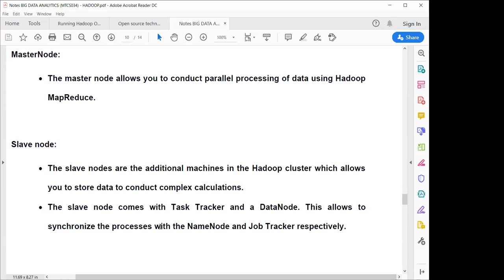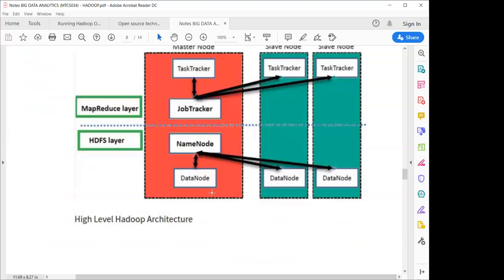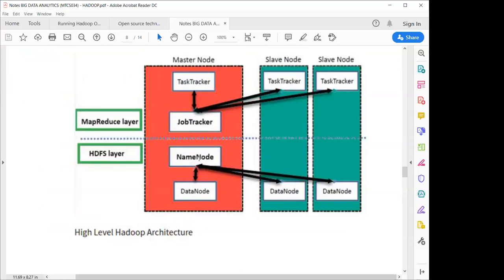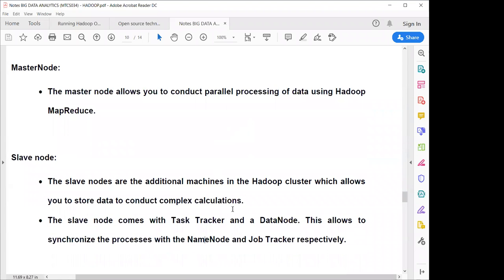It is also allowed to synchronize the process with the name node and job tracker respectively, as we have already discussed. So the slave node basically synchronizes the processes with the name node. The name node, as we have discussed earlier, is on the master node, and it keeps the track record of synchronizing the processes.